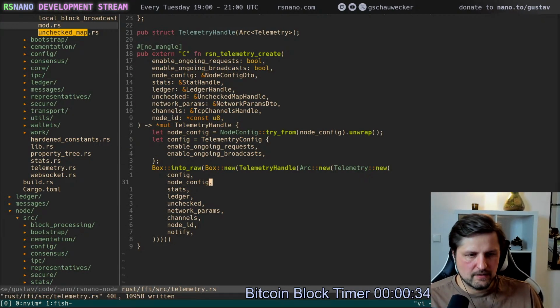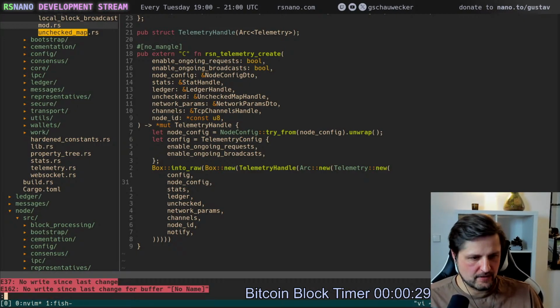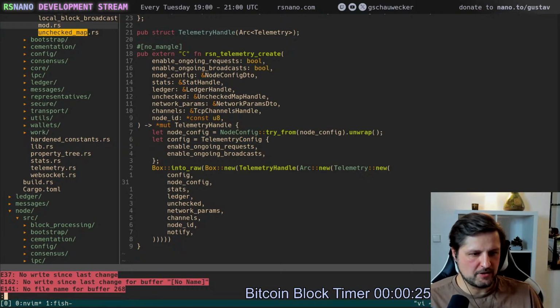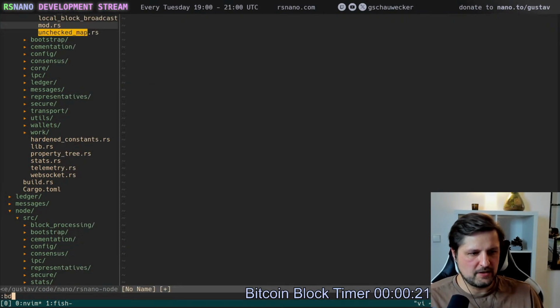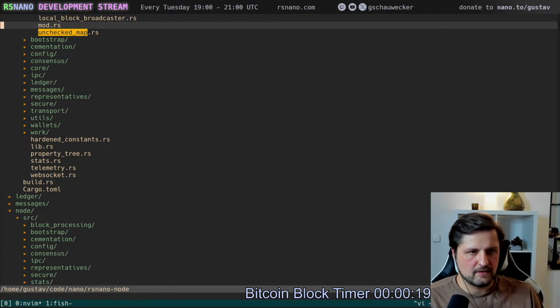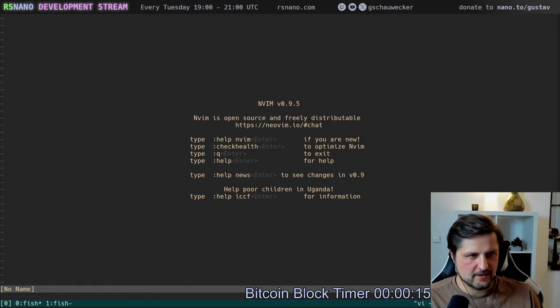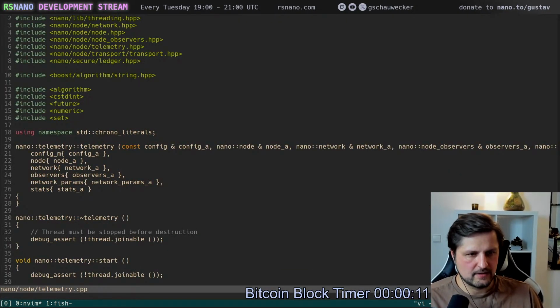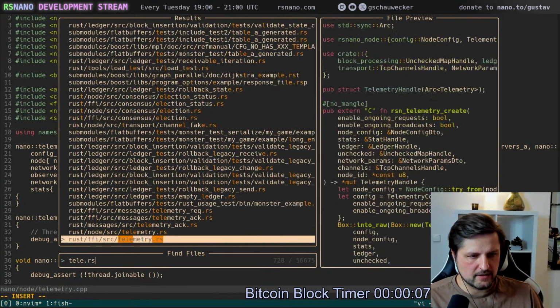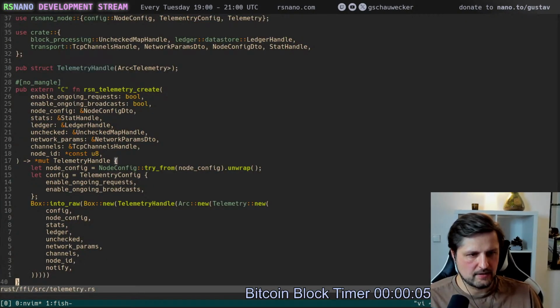So why don't I see any errors? Let's just restart. Oh, I know which one, the buffer. This one is not saved, but let's delete this. Okay. Let's restart. Telemetry RS. No. Telemetry RS. And